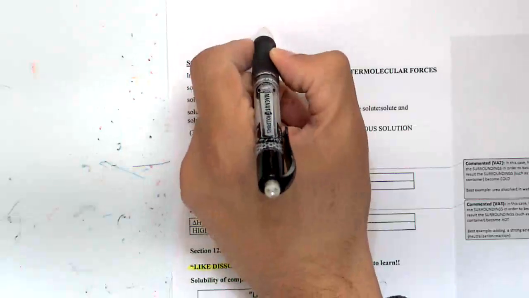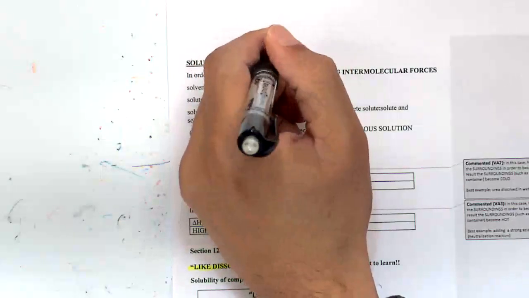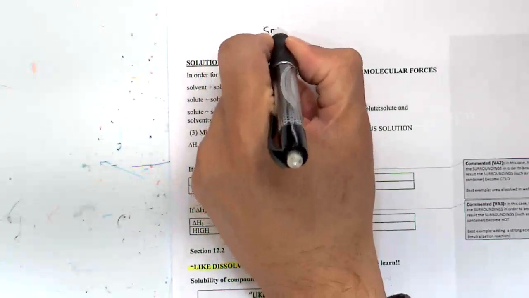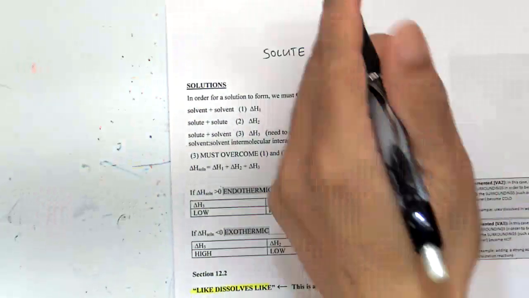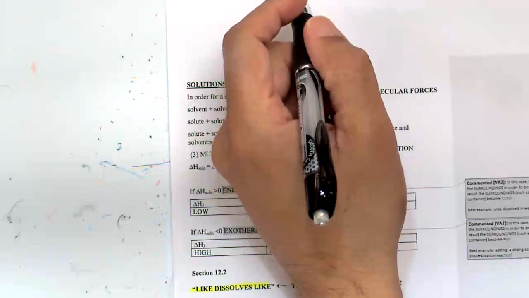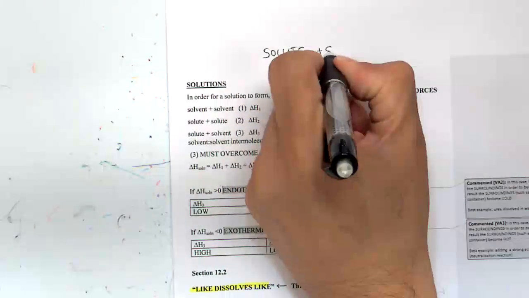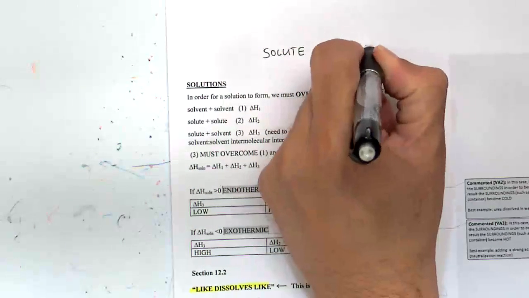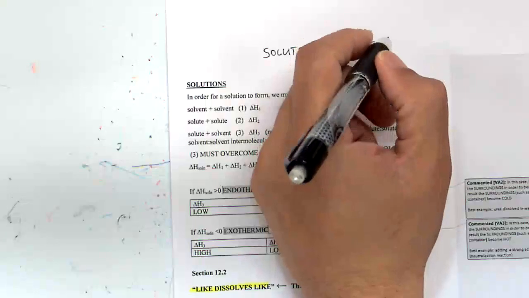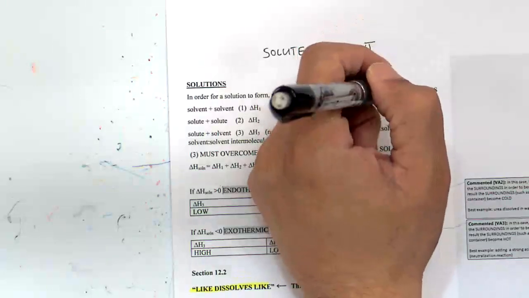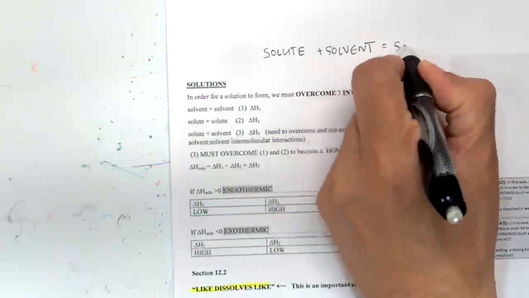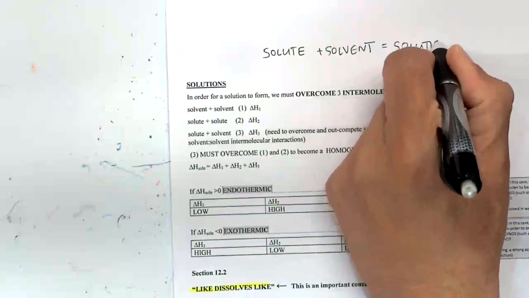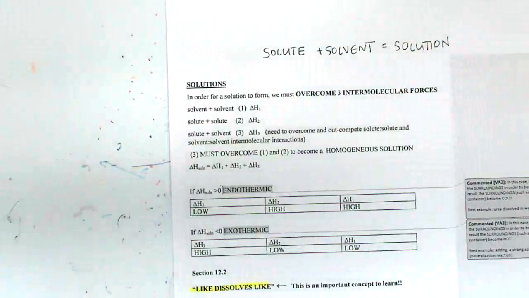So as a review, what we talked about on Monday was that if you take a solute, which is usually the particulate that you want dissolved, and you put it in a solvent, which is the dissolving medium. In Gen Chem, it's going to be water. And if it dissolves, you'll get a solution. That was the key take-home point for